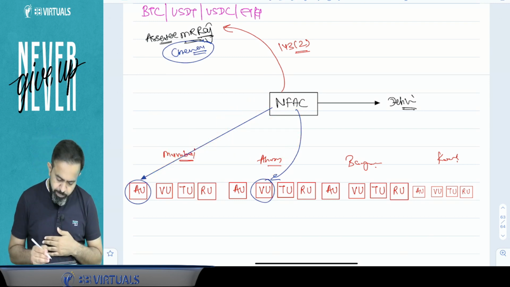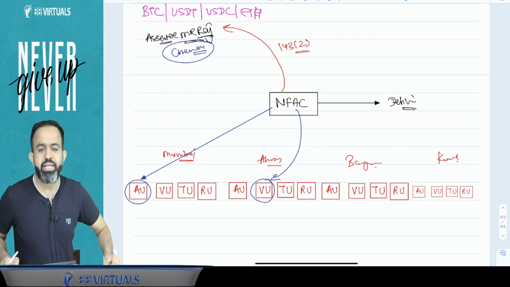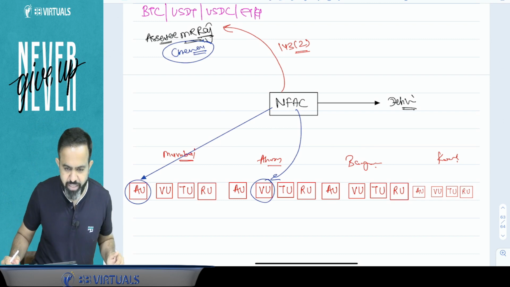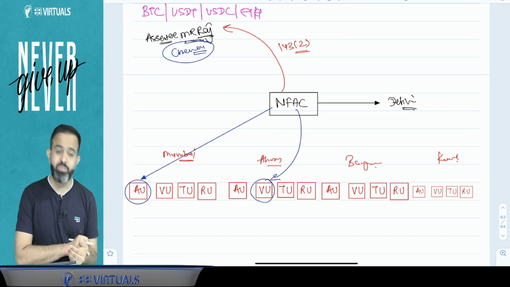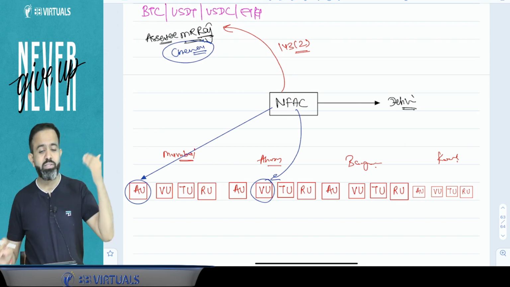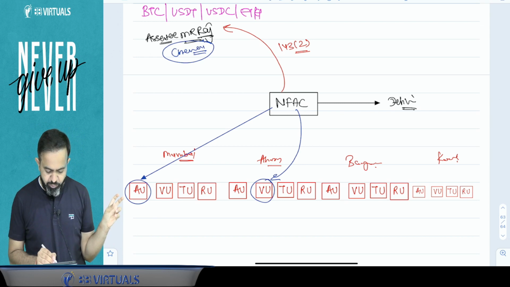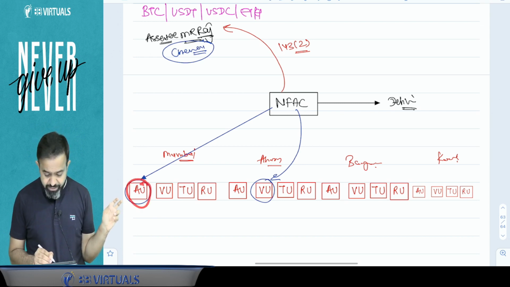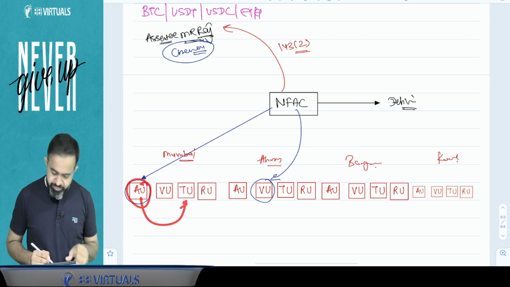Now guys, suppose this assessment unit needs some help on a technical matter. Technical matter means, what is the meaning of technical matter? Technical matter means any matter related to transfer pricing or related to some forensic or accounting. Some technical help is required by the assessment unit. Then can the assessment unit directly connect to the technical unit? Answer is no. They will request the